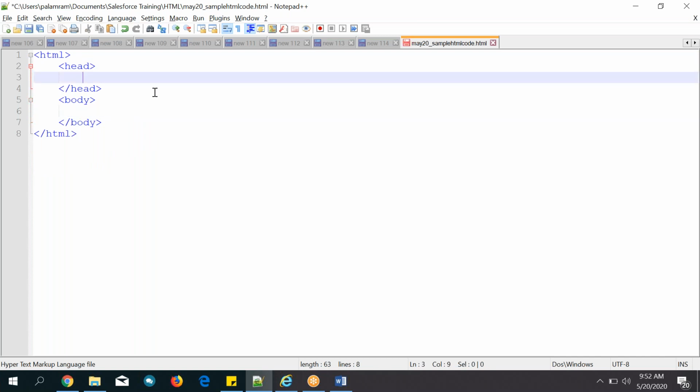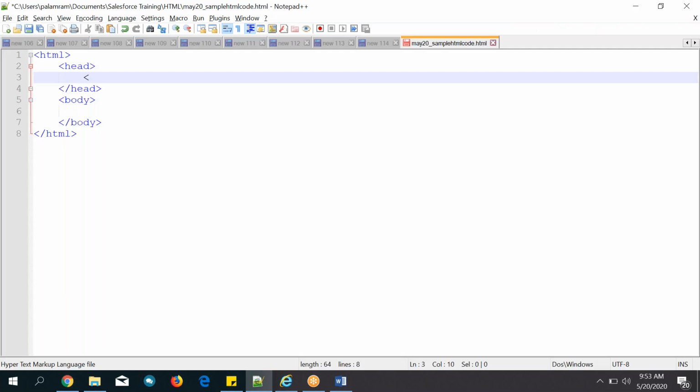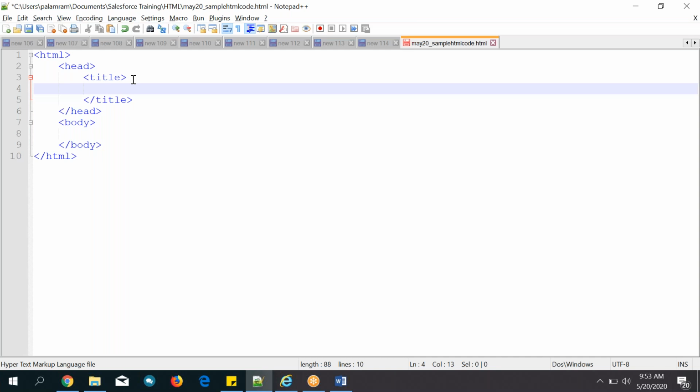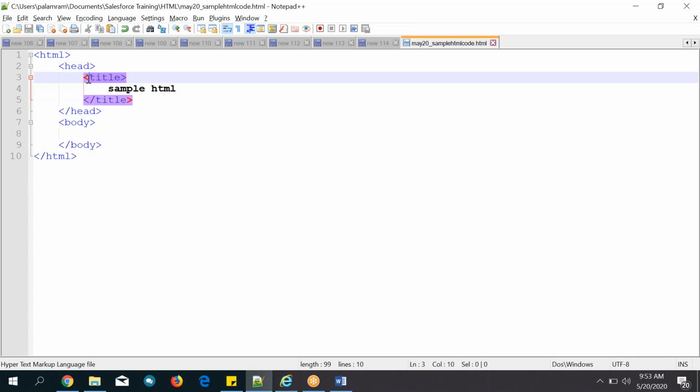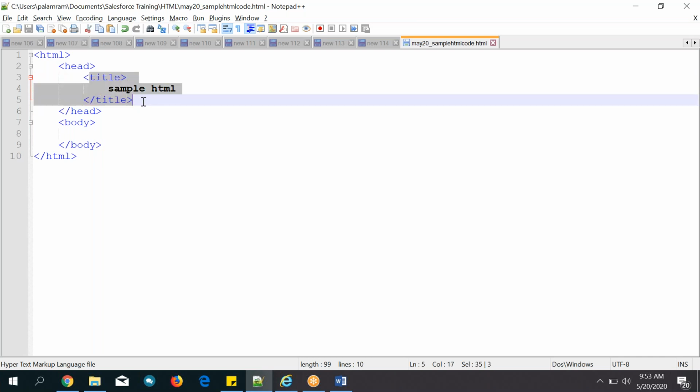Okay, that's it. So generally the head tag, let me check that. In the head tag, I want to display some title kind of things. Title is the tag. What is the use of title? We will see. Sample HTML I have written, and refresh. I have written some text in between the title tag, and where it is displaying on